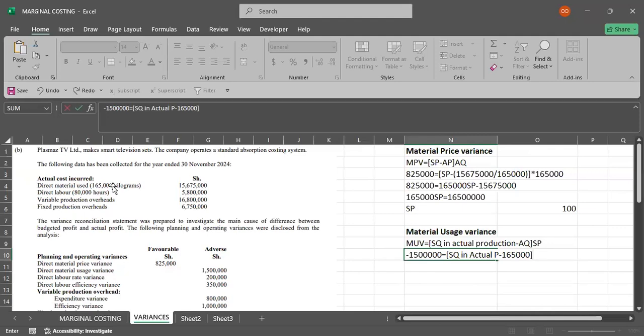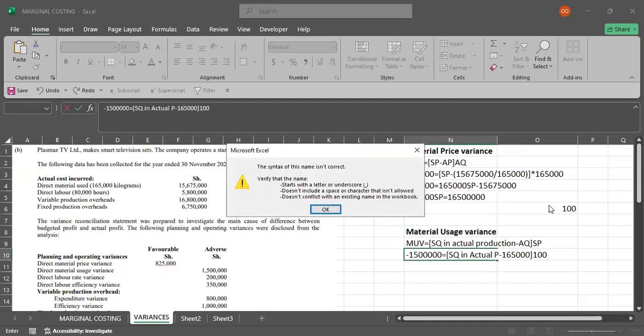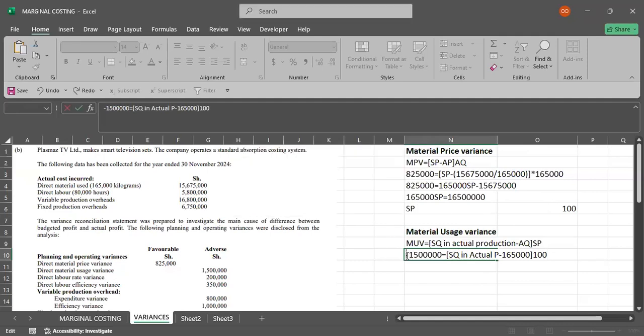Then we multiply by something. What is this something? Standard price. And of course, we now have standard price up here. So just take that, multiply by 100. Great. That's our first step. Having done that,